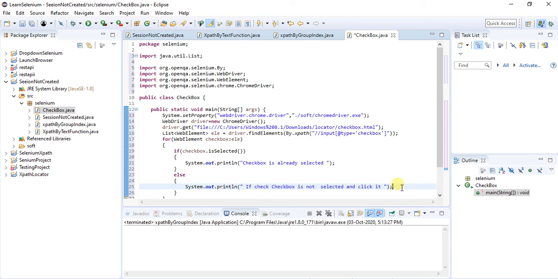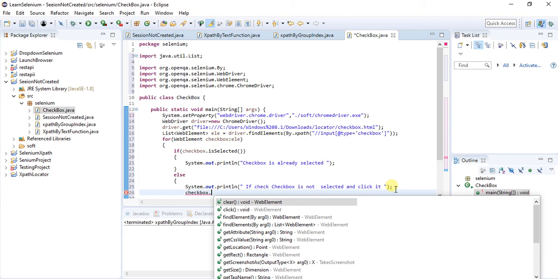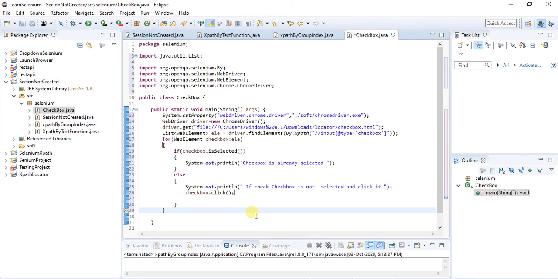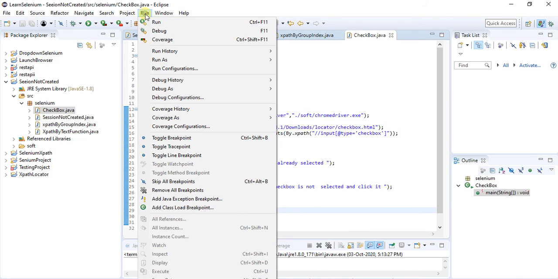Okay. So here I will add this checkbox. I'm just clicking it. Okay. This is the script I have written. Okay. Save it. Then run the script.